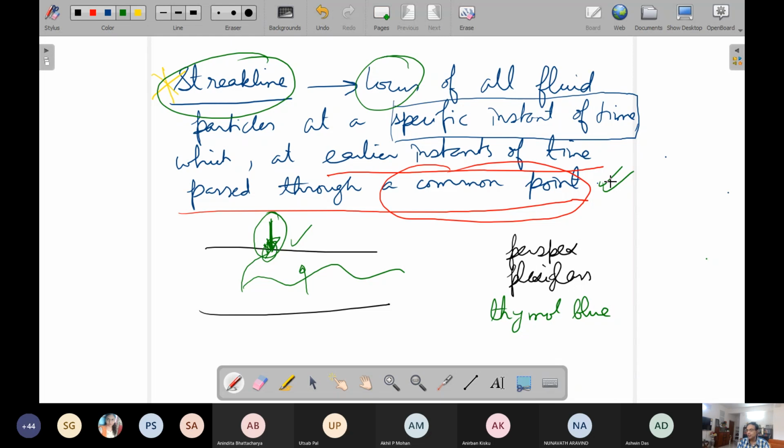Can any one of you give some idea on this? So steady and laminar flow. See, we have not yet studied about laminar flow. Steady flow is not required. So the first point you have said is not required. If it is there, it's there, but it is not required.